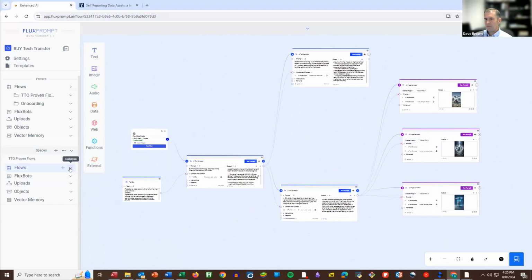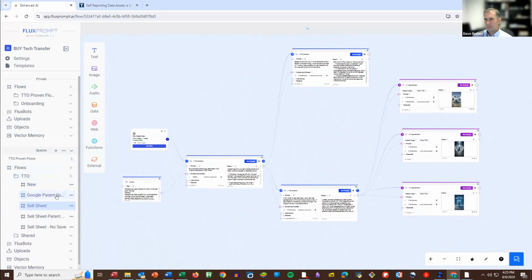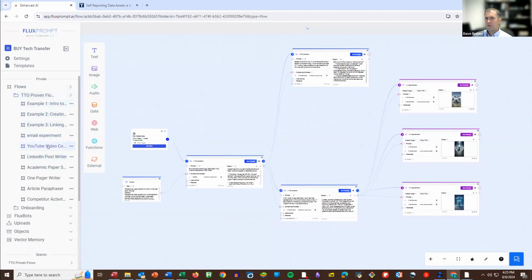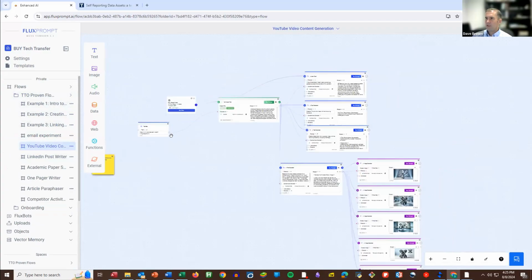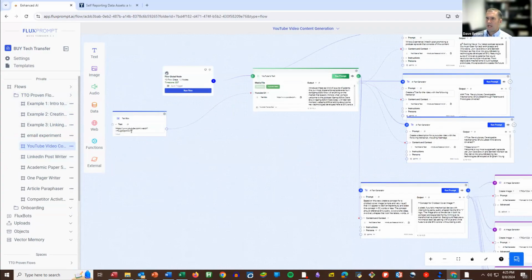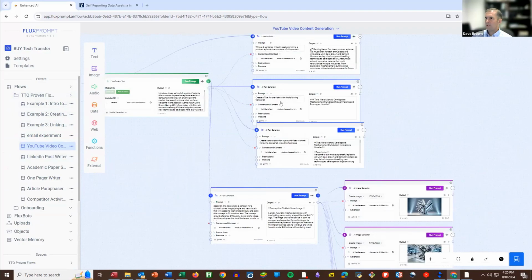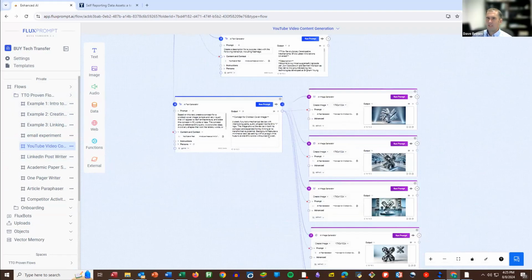Another thing that I've been doing is, let's see if I can find it. I might have put it in my other folders. Okay, there's a Google patent version of this because, like I say, you can pull from patents. But the other thing is YouTube videos. Like when we get done here, I download this episode, I upload it to YouTube, and then I paste the address in here. It's not public yet. It's a private video. Then it'll do a transcription of the video, and then it'll create for me a LinkedIn post, a title, a description, and again, a concept for an image.